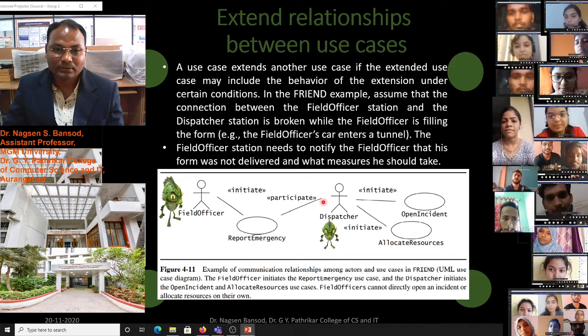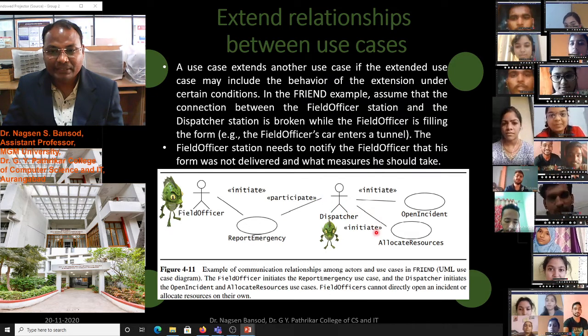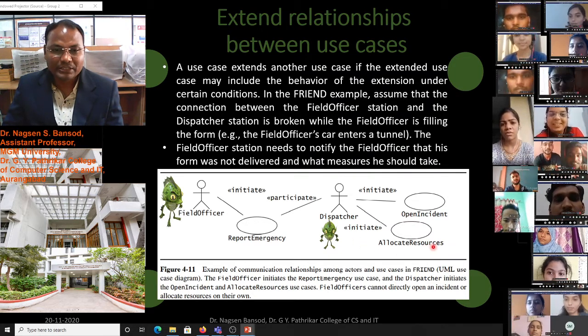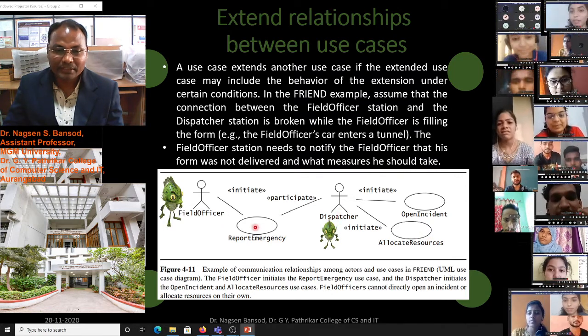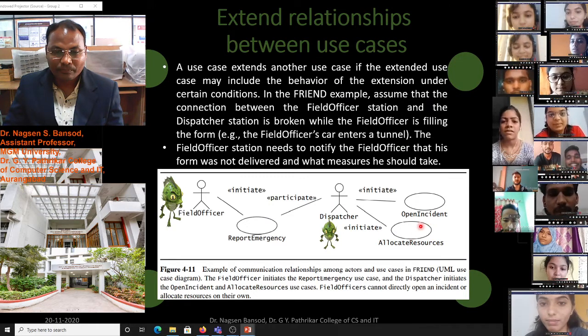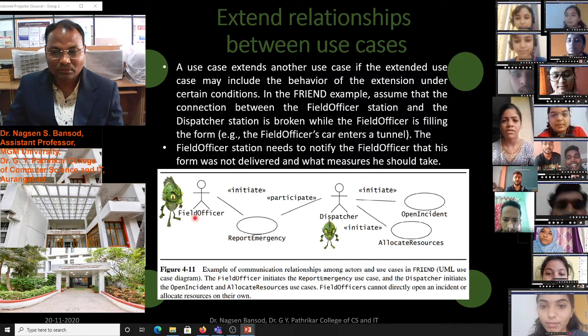The dispatcher initiates open incident and allocate resources for the field officer, and the dispatcher will send the acknowledgement to the field officer.